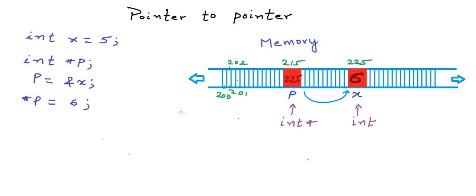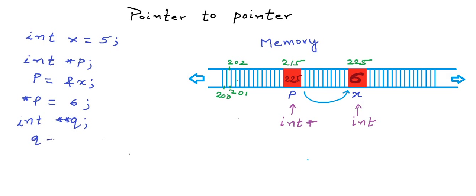Now can I create a pointer to this variable p, which itself is a pointer to integer? Well, yes, we can do so. So let's say we want to create a variable named q that will store the address of p. Now what will be the type of this variable? We need a pointer of a particular type to store the address of a particular type of variable. So to store a pointer to integer, we will have to say that we want a pointer to pointer. So we will put 2 asterisk signs in front of the variable name, and now this variable q can store